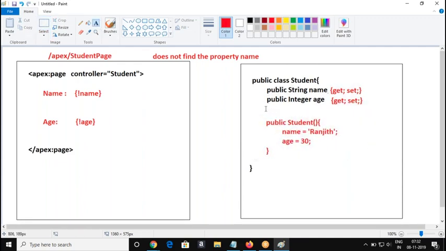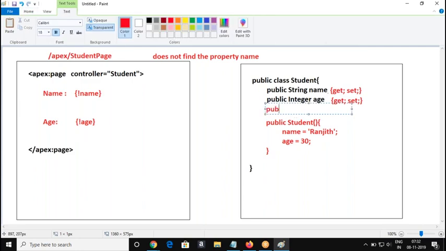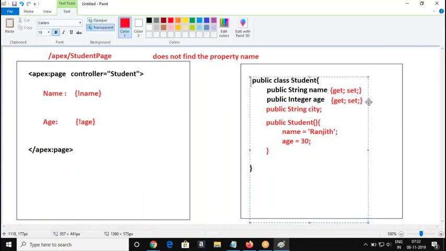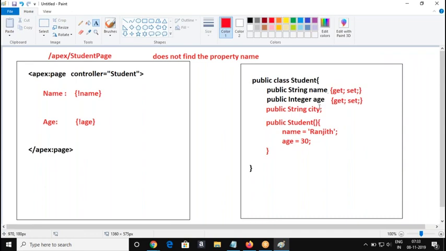Sometimes the variable is not going to be used by the Visualforce page. Yes, you can have just a class member variable also. This variable cannot be accessed from the page, but we are still using it within the application. So the class can have getter-setter variables or non-getter-setter variables also.